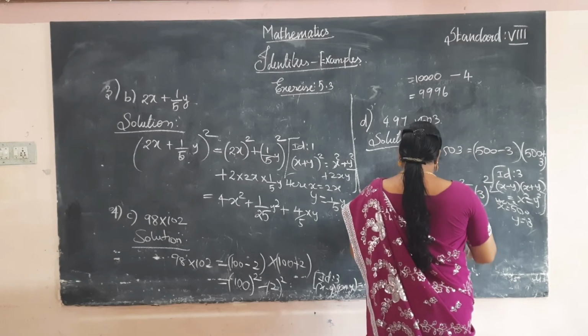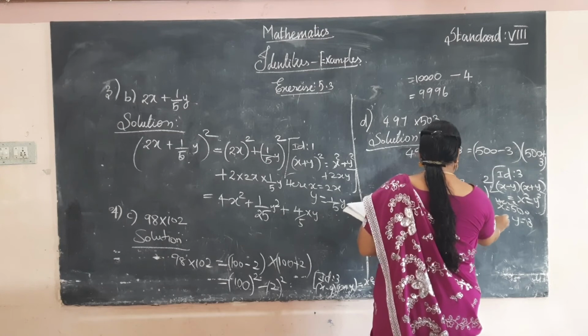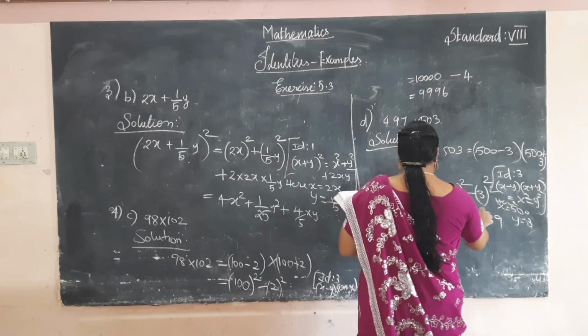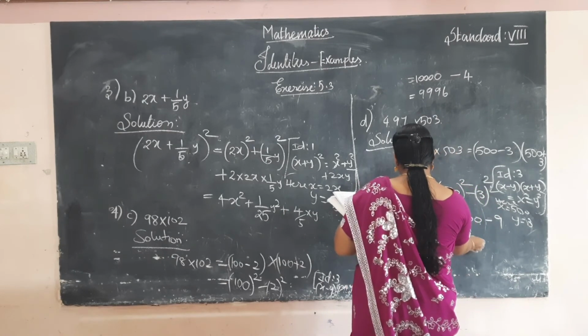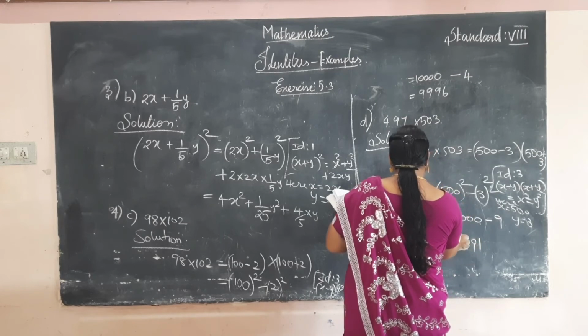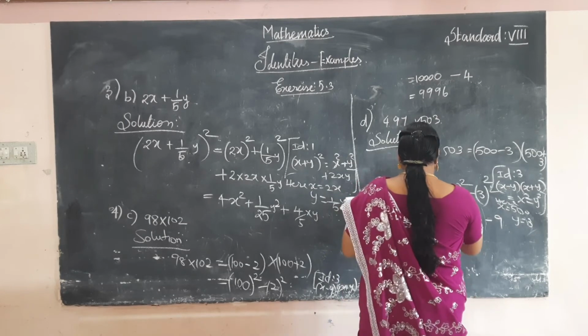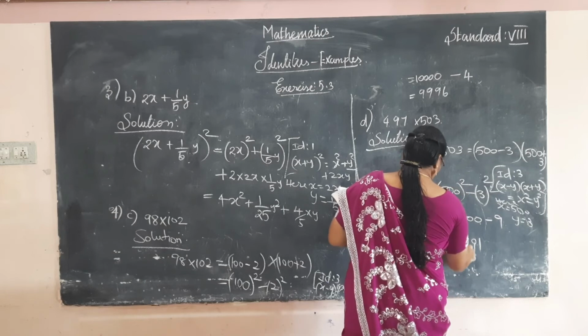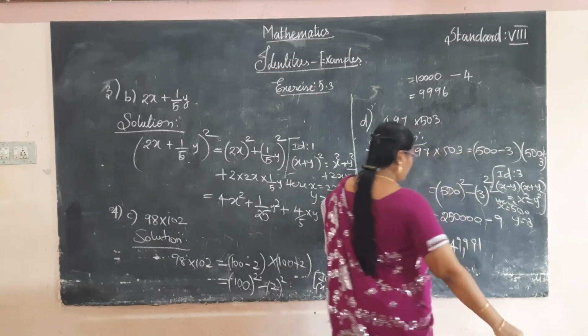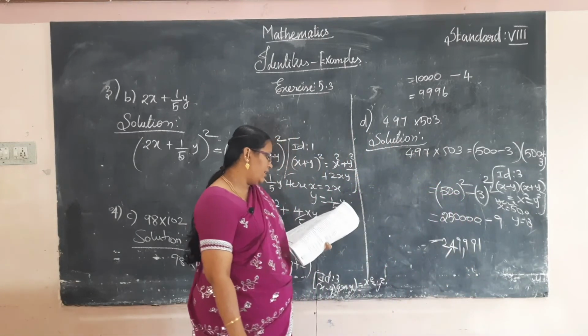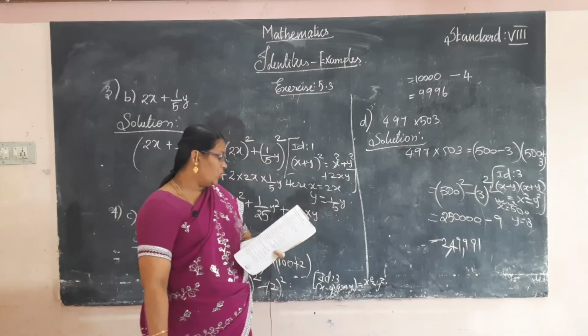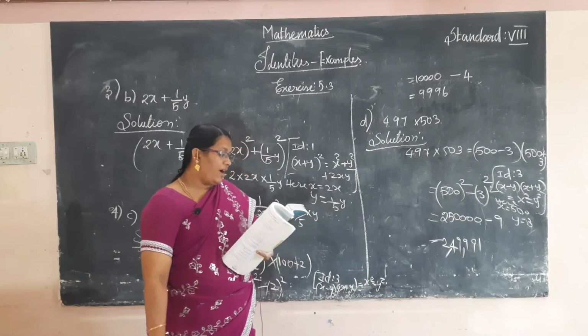Right. So 3 square is 9. Subtract this from 250,000, the remaining terms 9, 9, here 4, here 2. The 2,49,991 is the answer for this problem. Now move to the fifth one. Find the value of